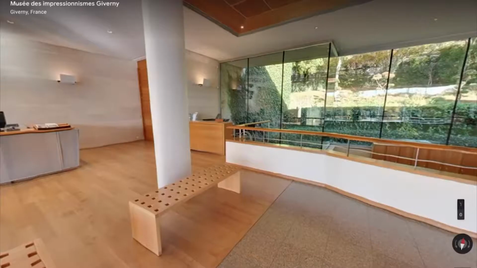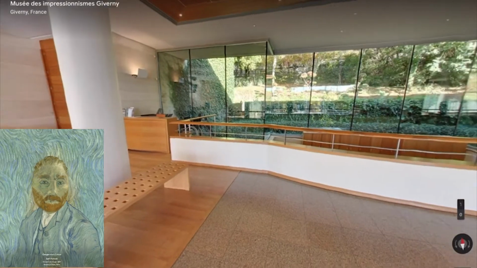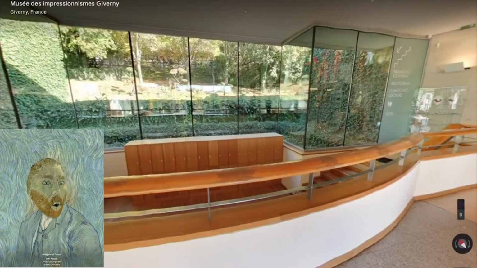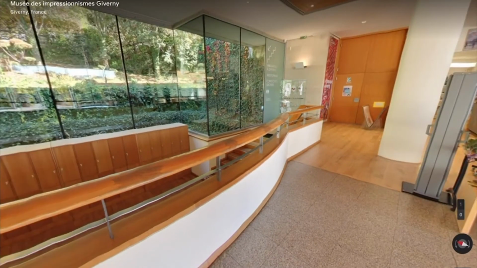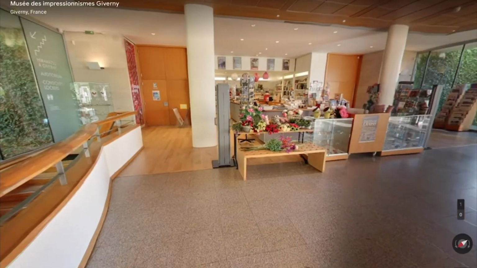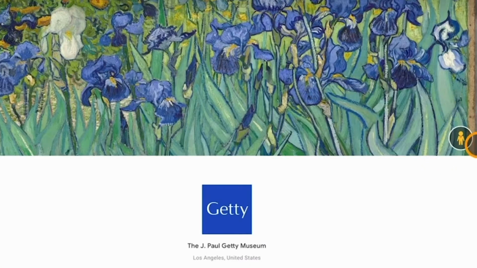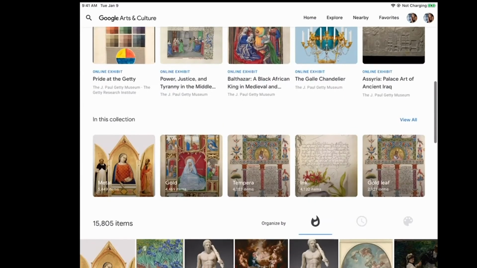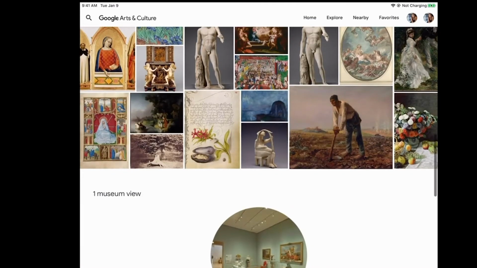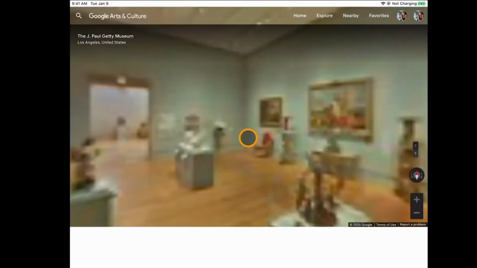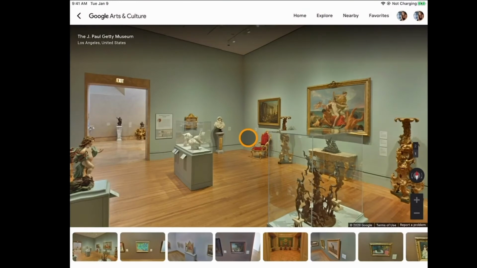But let's go back, because one of the best features is that Google Street View has now moved inside the gallery. Woo! Well, in some cases anyway. Sometimes I guess it's just the gallery shop and gardens. There are a lot of different collections that offer this type of walkthrough, but just know that not all do. Anytime you see this little orange guy right here in the corner, you know you'll be able to virtually walk around inside that space. You could also scroll down to the bottom, see what's in that collection before you decide to pop into the museum.